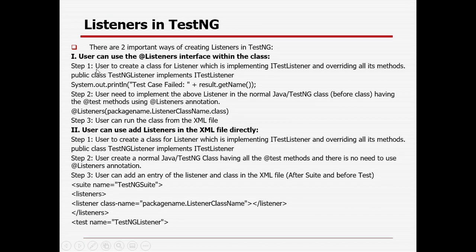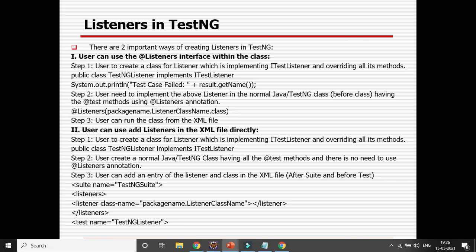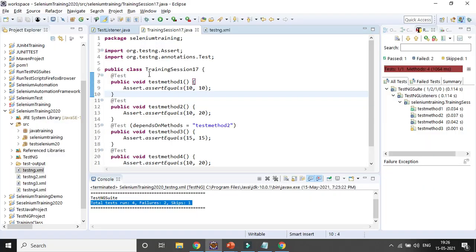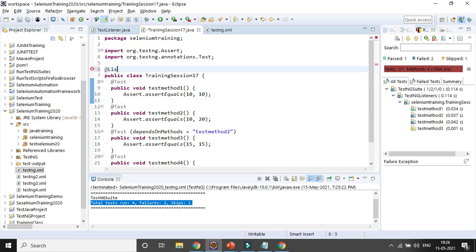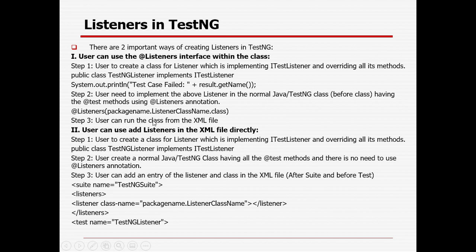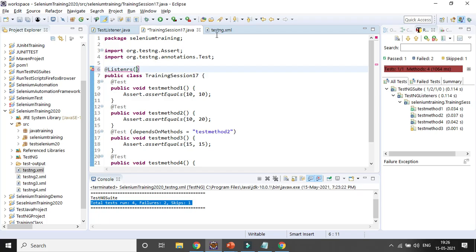There are two approaches. The user can use @Listeners here, right, before the class, where I need to give package name dot listener class name dot class. So let's try to use it. Before the class I will be using @Listeners. Okay, and here I need to give package name dot class name dot class.